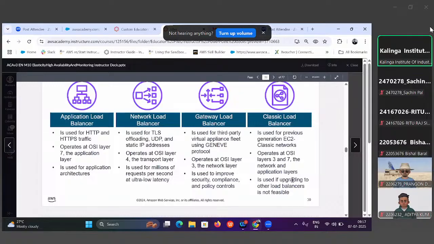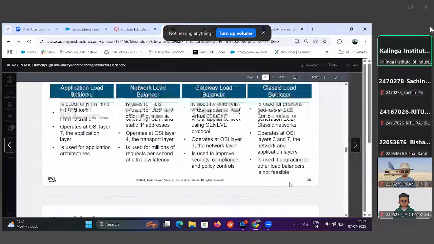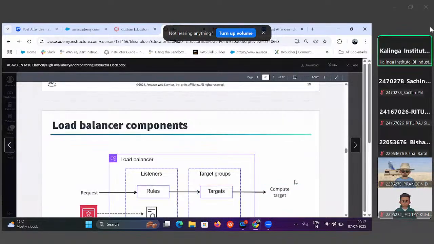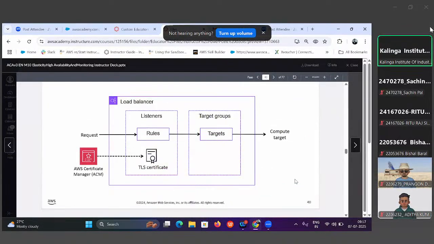it is used if upgrading to other load balancer is not visible। तो जब भी कोई लोड बैलेंसर मतलब कोई इंस्टेंसेस वगैरह अगर हो गया, वो सही से काम अगर नहीं करता है, तो उसको अपग्रेड करना या दूसरों से रिप्लेस करना या दूसरे लोड पे सेंड करना, ये भी काम जो है क्लासिक लोड बैलेंसर का होता है। तो